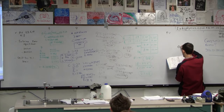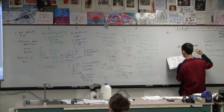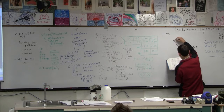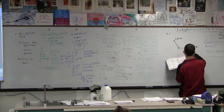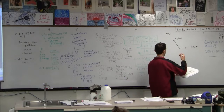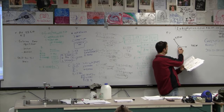And so F1 is 282 newtons, right? F2 is 355 newtons. I suppose that should be longer than the 282, huh? Kind of a thing like that, right? And then F3, they attach that third one to it, right? And we want to know what this angle is,